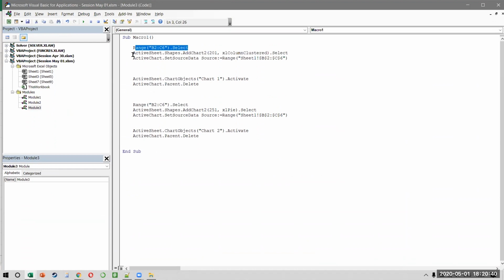We used the active sheet. On my active sheet, I created a shape. So remember, charts are considered to be a child within the parent shapes in Excel. I know it's very odd. You would wonder how can a chart be a shape? That's how it is considered. So it's dot shapes dot add chart, and then you have 201. If you notice, this is add chart 251. This is 201. That is nothing but the code of the chart that you're creating.